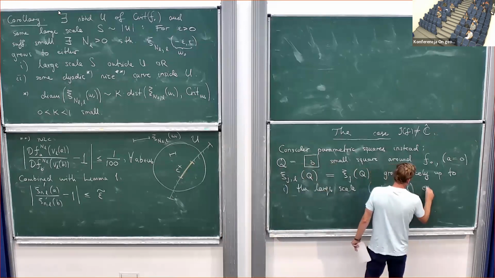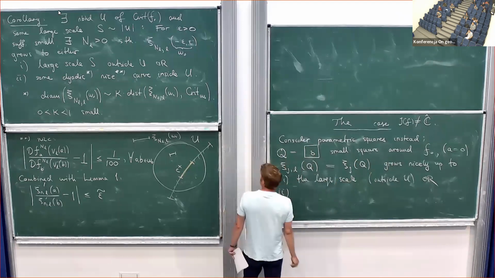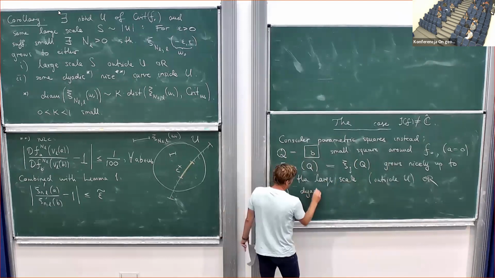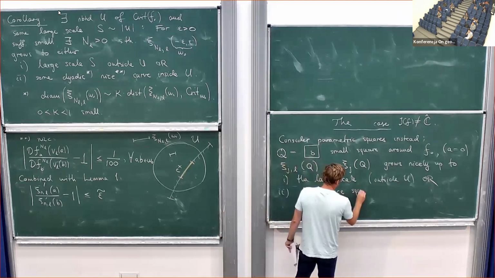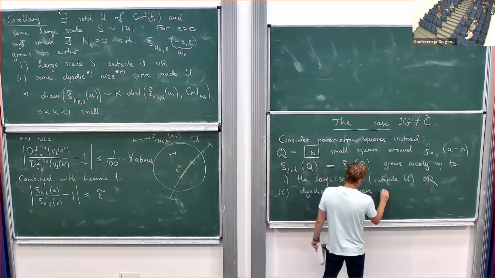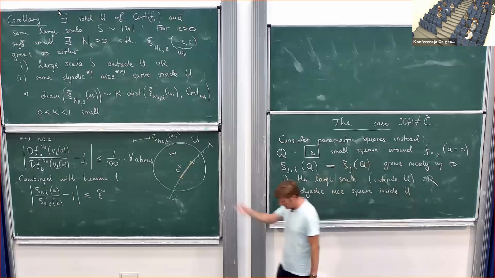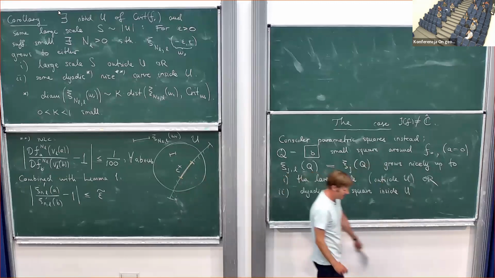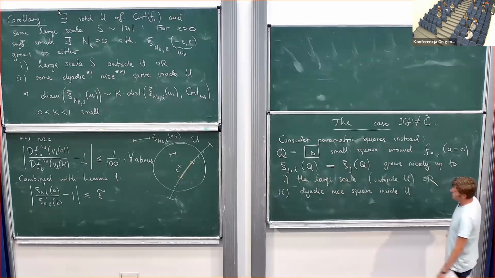Or up to the static nice square inside U. Of course, you can cross U, but that's a technical thing I don't want to talk about. I mean, this square can also cross U, but then you have a technical thing. So what's going to happen here is that